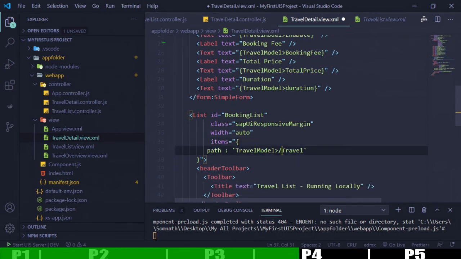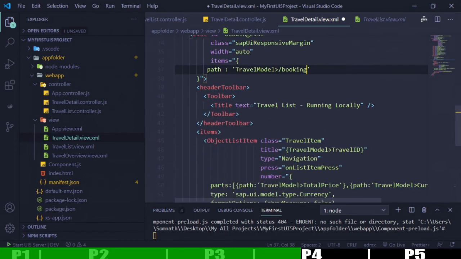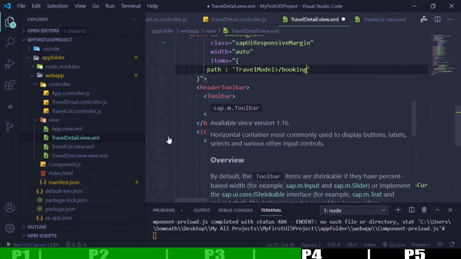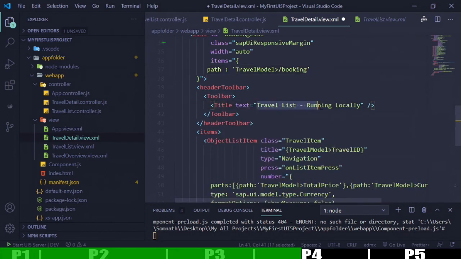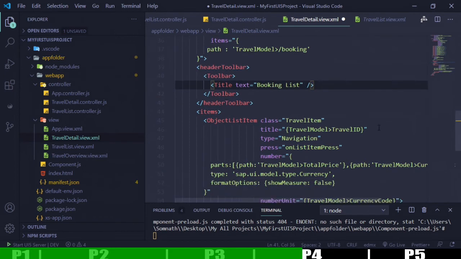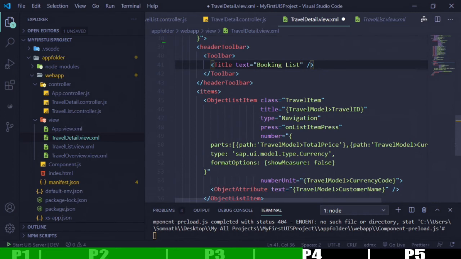But here if I put booking, because that is what our API links to, and let's say header title of the list, we are calling it as something like booking list, and object page, of course travel ID I'm not interested. I'm interested with booking ID,